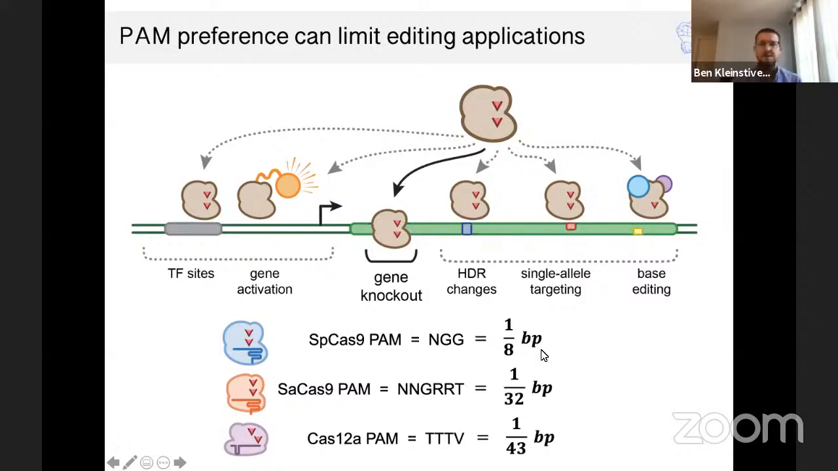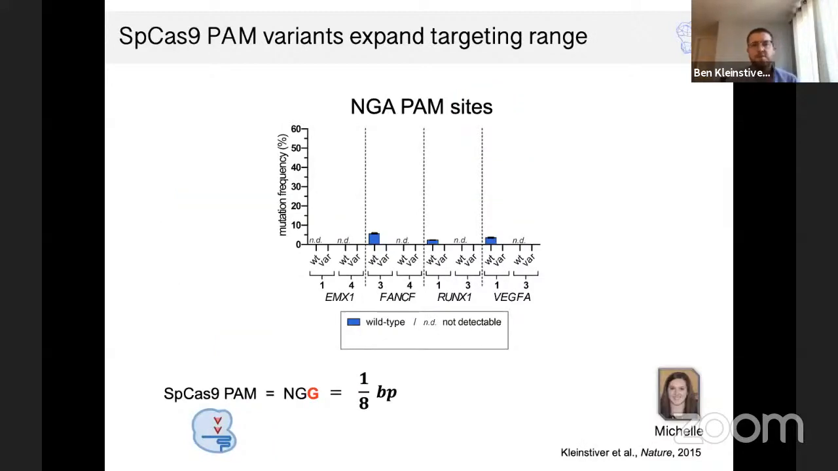So what we did a few years ago is we undertook a protein engineering effort to try and relieve this constraint by engineering Cas molecules that could target new sequences. We did this by directed evolution in bacteria. We used a system to evolve Cas9 proteins to recognize new PAMs. I won't describe the details of the study because it's been published for several years, but the upshot